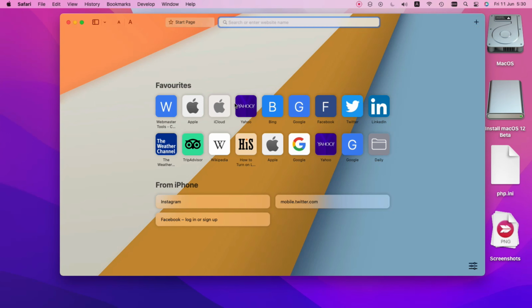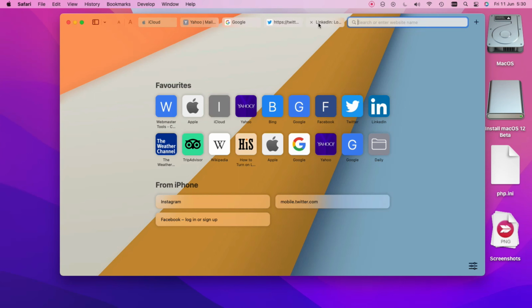Then add a new website by clicking on the plus sign given in the corner. Then you have an option to search the website. Then the first tab will move to the side and arrange automatically. Do the same to open multiple tabs, so here I am doing the same. Now, here are multiple tabs that are open on my browser.